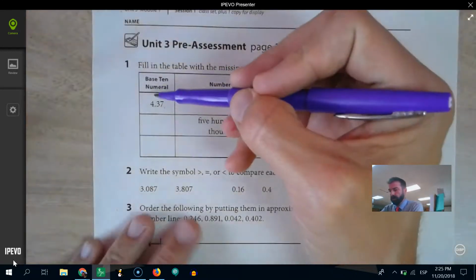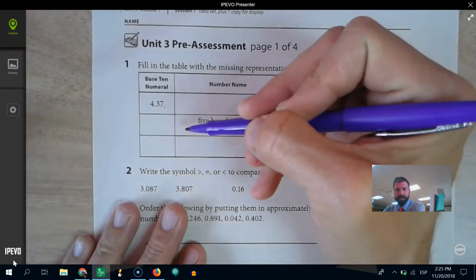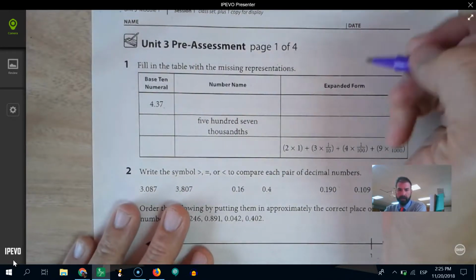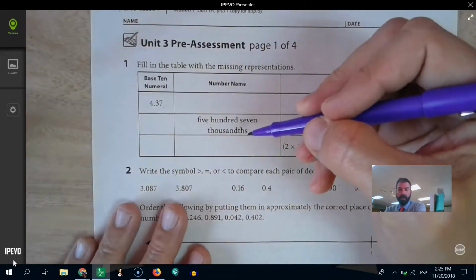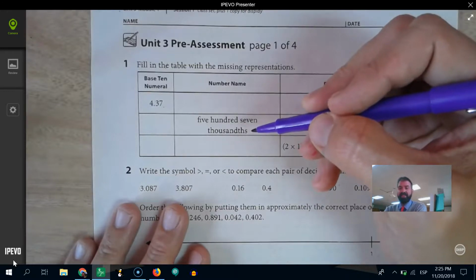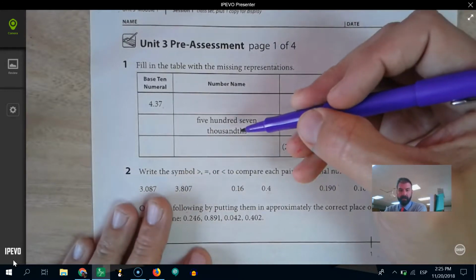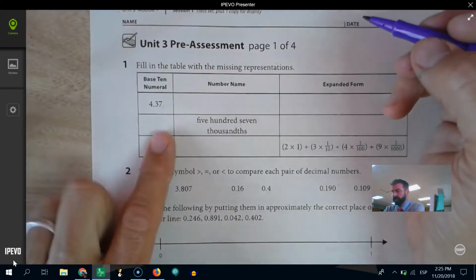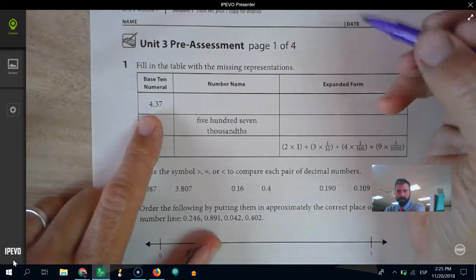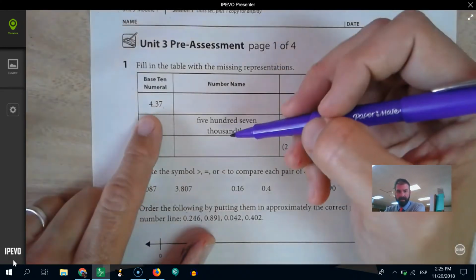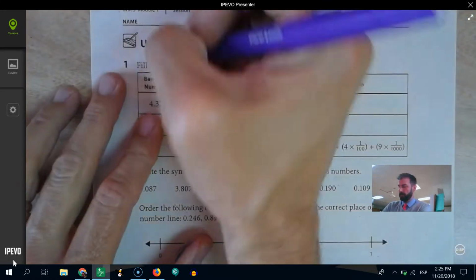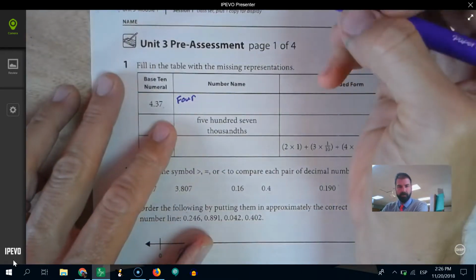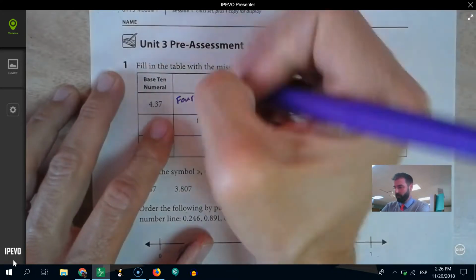So one of the things that we want the kids to do is be able to read, write the number name, base 10 numeral, and expanded form through the decimal place of thousandths. It's a tricky one to say. It has that th at the end. Thousandths. So for example, if we wanted to write this as a decimal, we would need to include a few things. First, the whole number, which is 4, the decimal point, which is "and,"